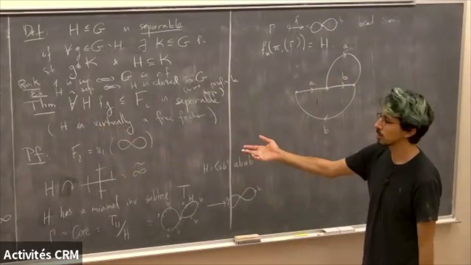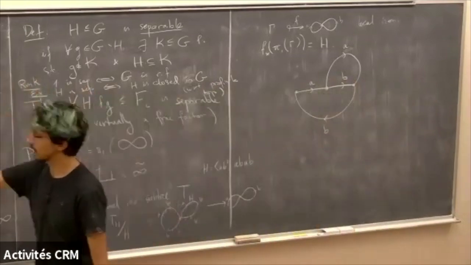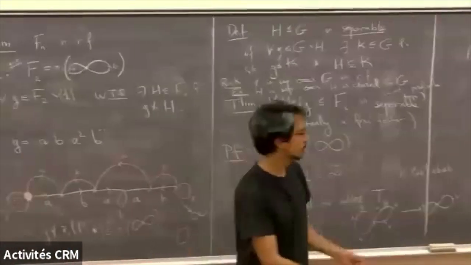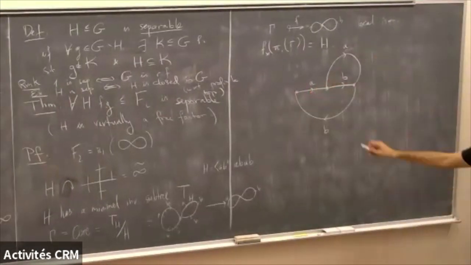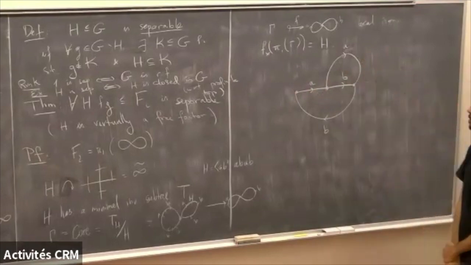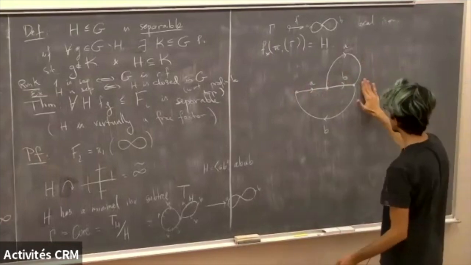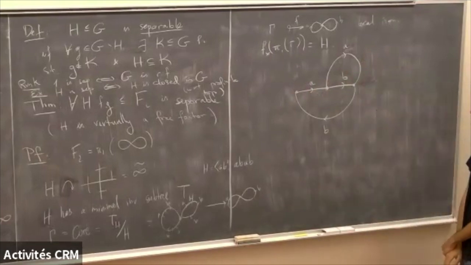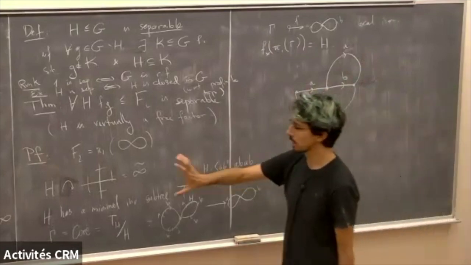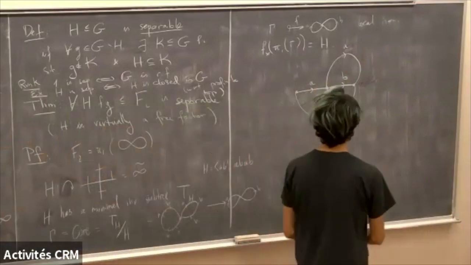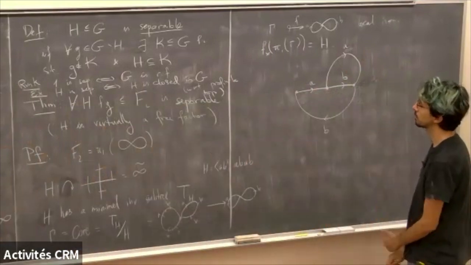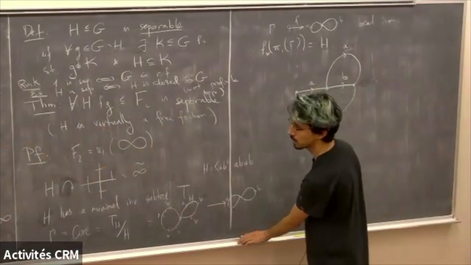Great. So our goal is to say that this is separable. One way of going about it is trying to mimic this: take an element that's not in H. This would correspond to some path in here, or maybe a path that can go outside this, and try to say the same thing. But actually, there's an easier trick here. The easier trick is to do a canonical completion of this gamma into a cover.